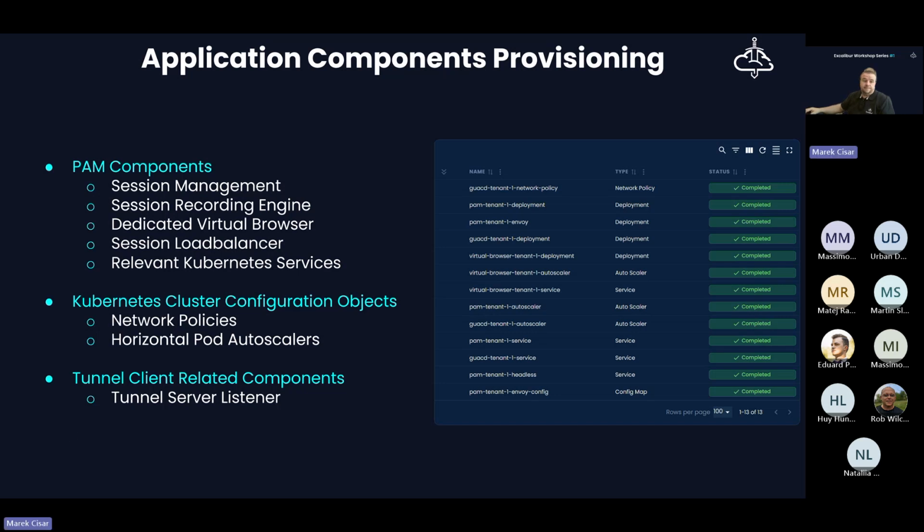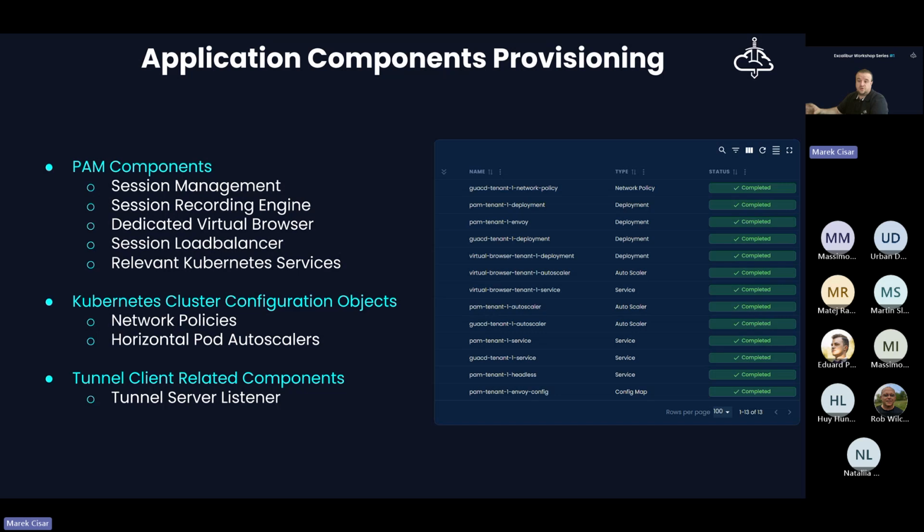Okay, so let's return to the question. Why does Excalibur SAM provision only selected application components for each active tenant? The answer is simple, because we need to save required system resources, so typically CPU, RAM requirements, and also storage necessary to run those application components.